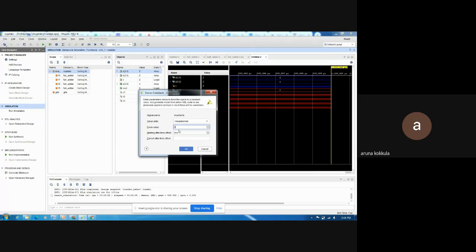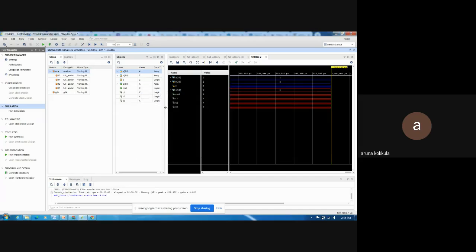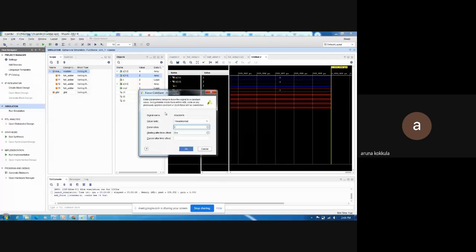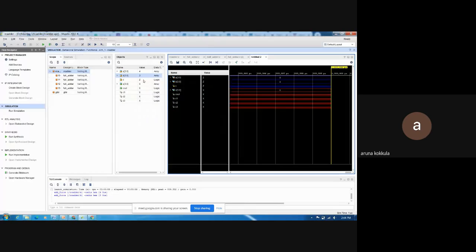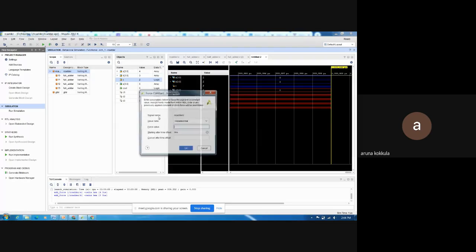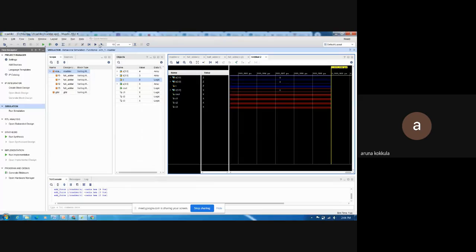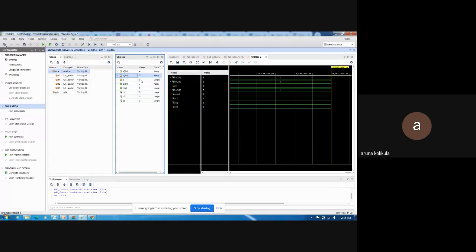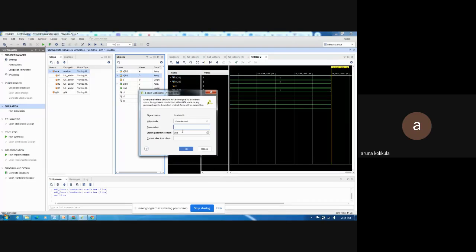Force constant, it's a 4. Force constant, it's a 3. Carry as 0. Then run for 10 microseconds. I got it as 7. Intermediate carries, so we'll change here the value of B. Force constant sum. Then